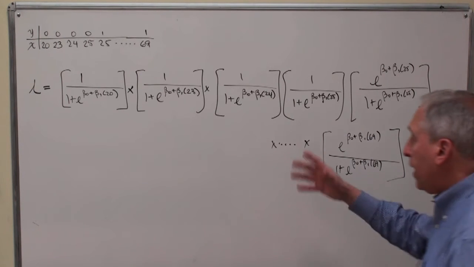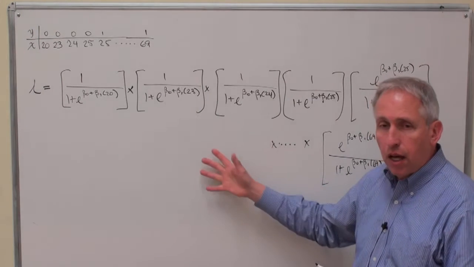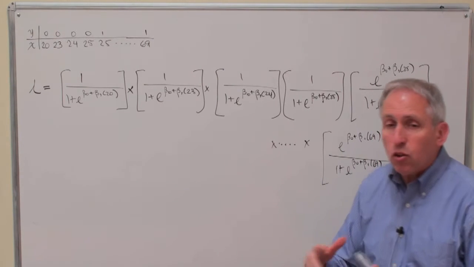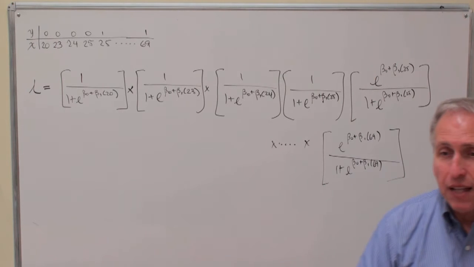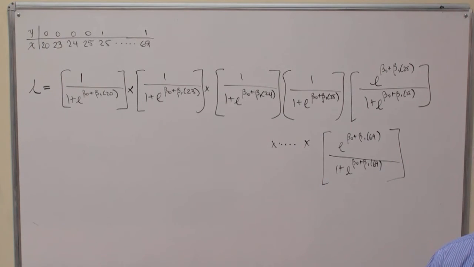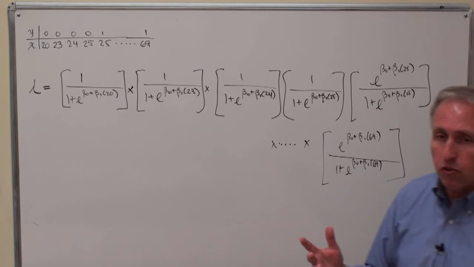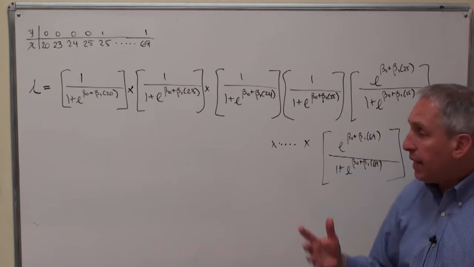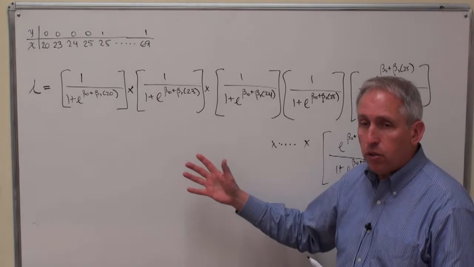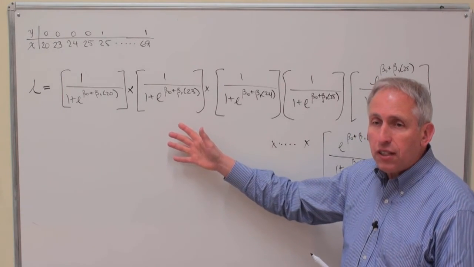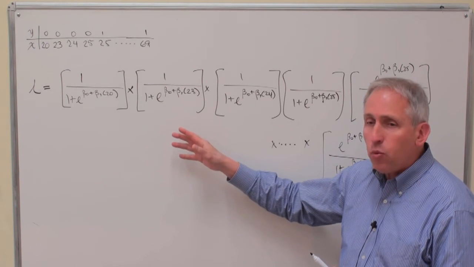I can write down this function. I can take the log of the function. That'll be the log likelihood. Now, the idea of taking derivatives of that and then solving the derivatives is not going to work, because it's not simply a linear function, and we're not going to be able to solve for beta naught and beta 1 that way. Instead, we're going to rely on computer software that's going to use Newton-Raphson estimation to iterate into a